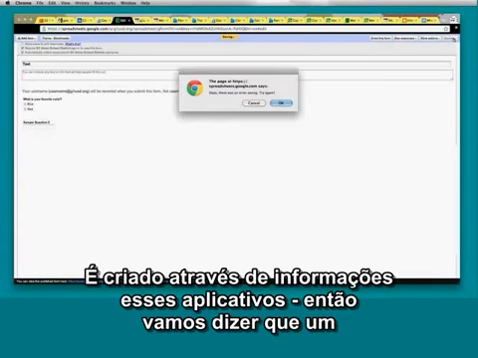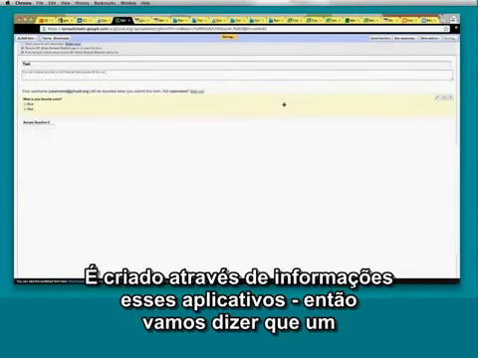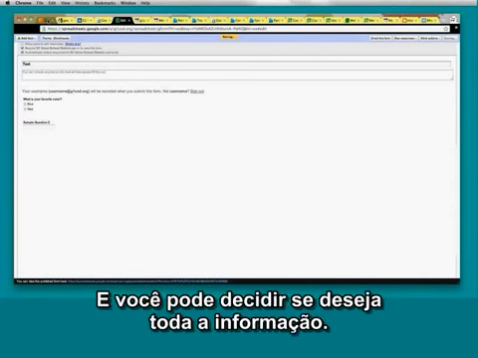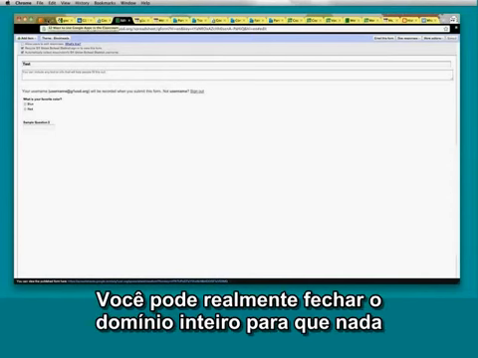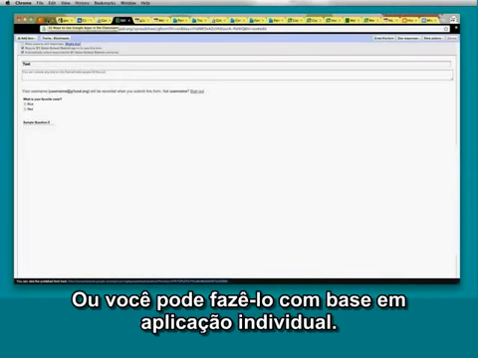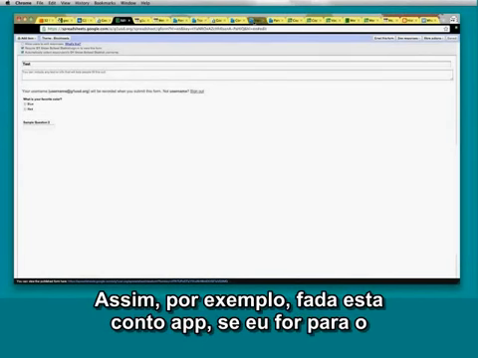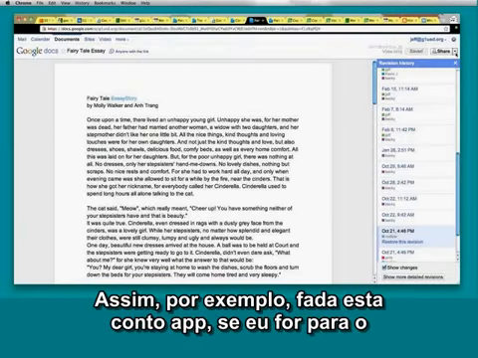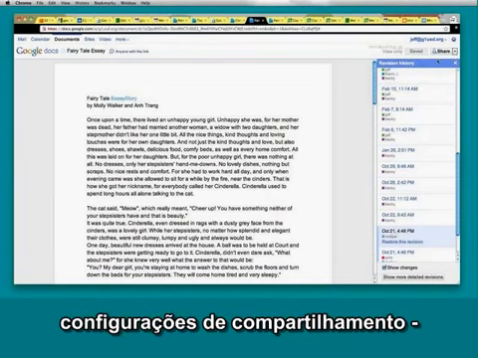So this is a good question. Is the information created through these apps, so let's say a Google Apps account, public, or can it be private? They can definitely be private, and you can decide how much you want. You can actually close the entire domain so that nothing at all is public, or you can do it based on individual applications. So for instance, this fairy tale app, if I go to the sharing settings,